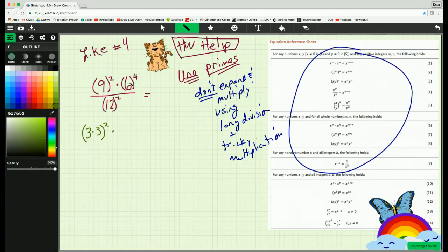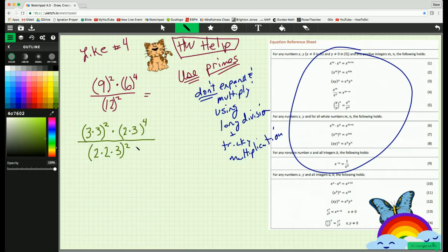And let's do the same with 6. Break down 6 into its prime factorization. And what is that to the 4th power? Well, 6 is just 2 times 3, 2 times 3. And then on the bottom, 12, if we do a prime factorization of 12, we get 2 times 2 times 3